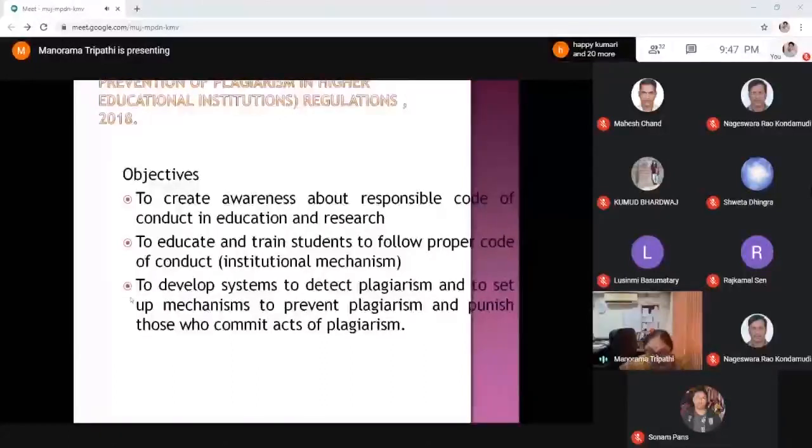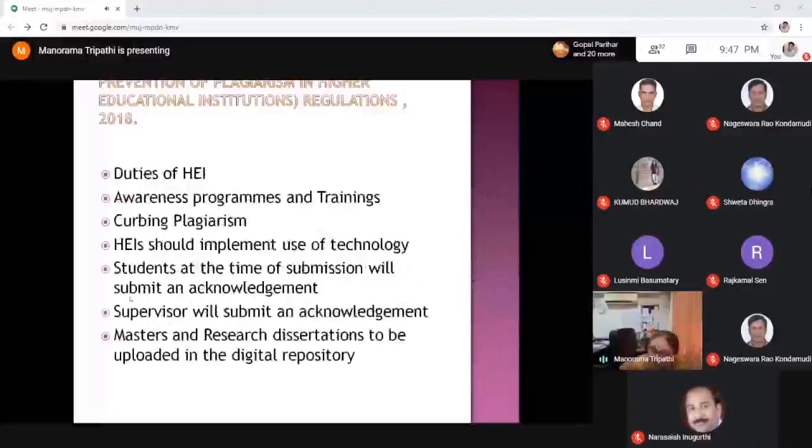Then these regulations also specify what are the duties of higher educational institutions. That means what is expected from universities, what is expected from higher educational institutions, what should they be doing in order to impart education and training, in order to ensure that students and researchers abide by the rules, by the ethics, by the principles of academic writing.